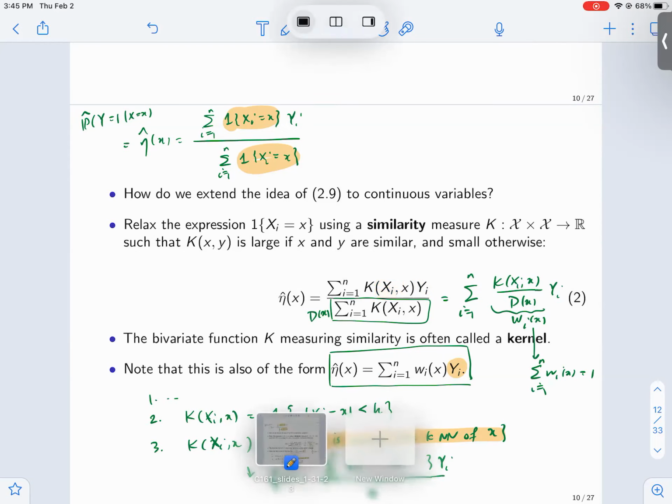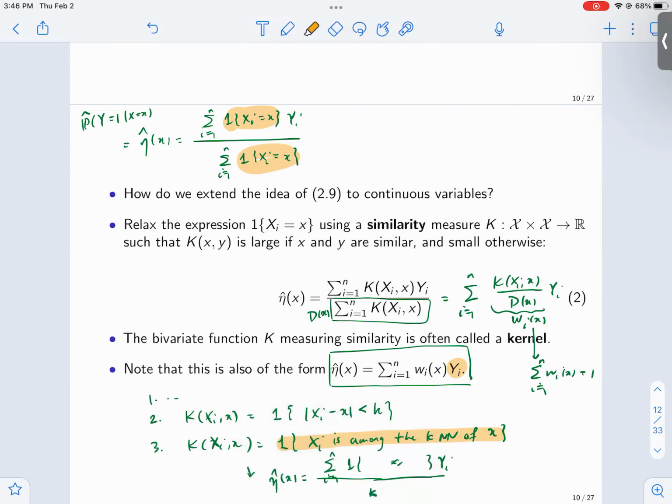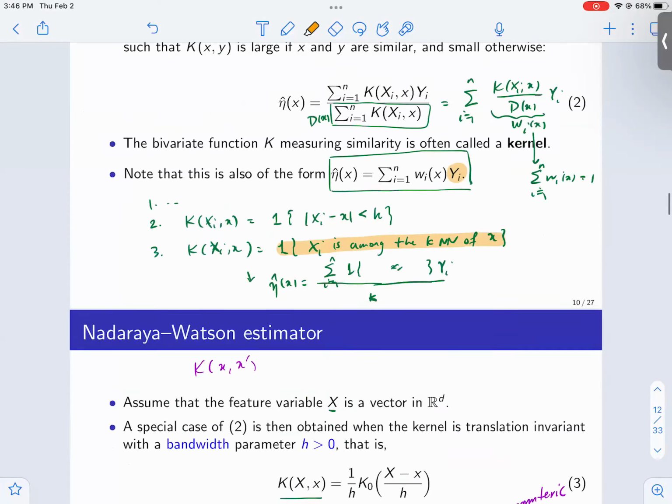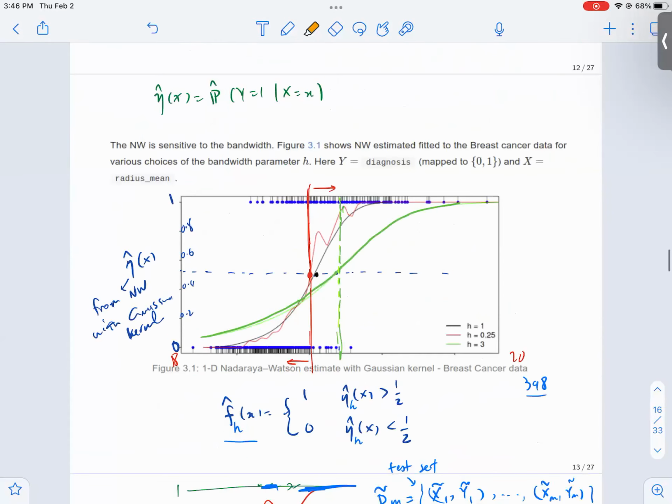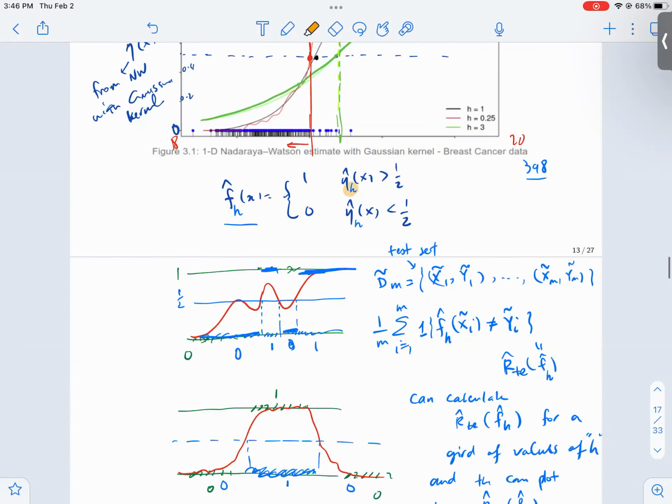And then you get an approximation of your test error. So for each one of these eta hats there is an h involved. So you get the decision rule based on h,